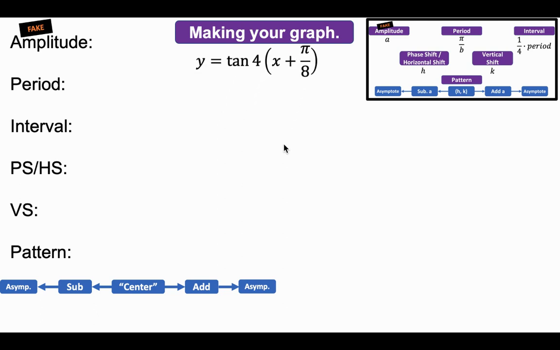One of your test problems will be similar to this, just to give you a heads up. So make sure you're able to pull that thing out, all right? So A is a 1, B is a 4, H is a negative pi over 8, and K is a 0. Amplitude is 1, and again,